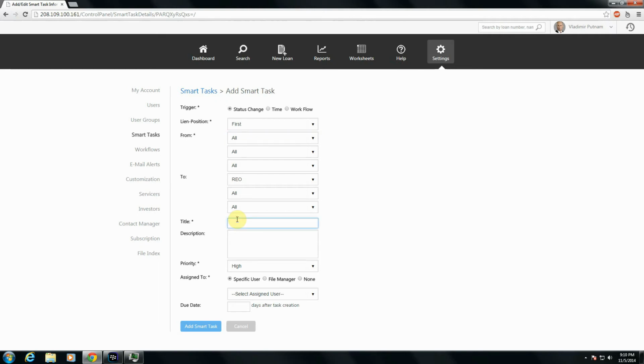So we'll call this Procure Sales Agent because we want to get this REO sold, and assign it a priority of high, and we'll just assign it to the file manager. And so that's about it. One other final